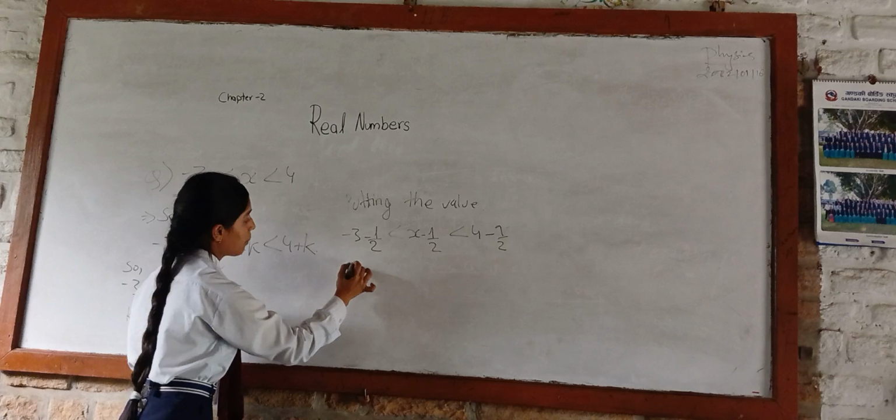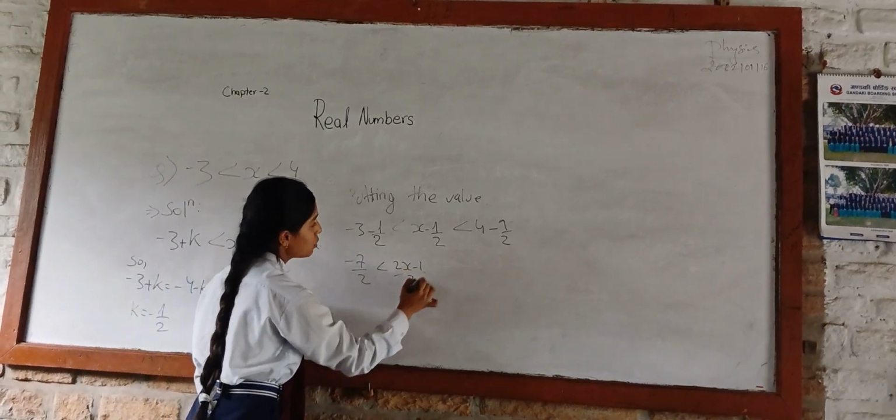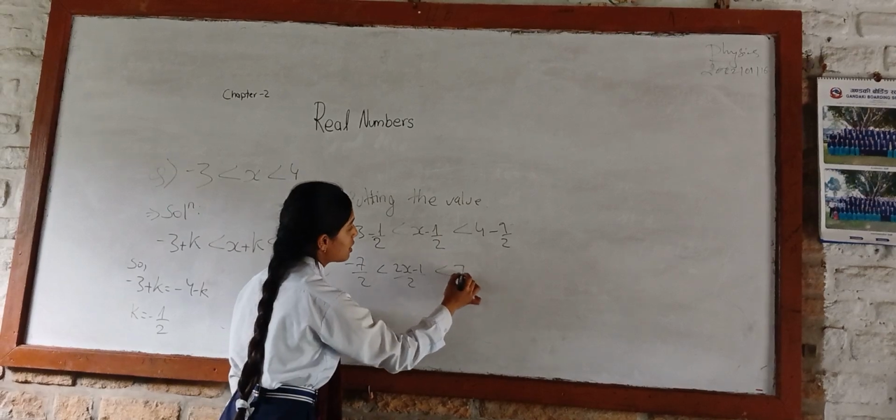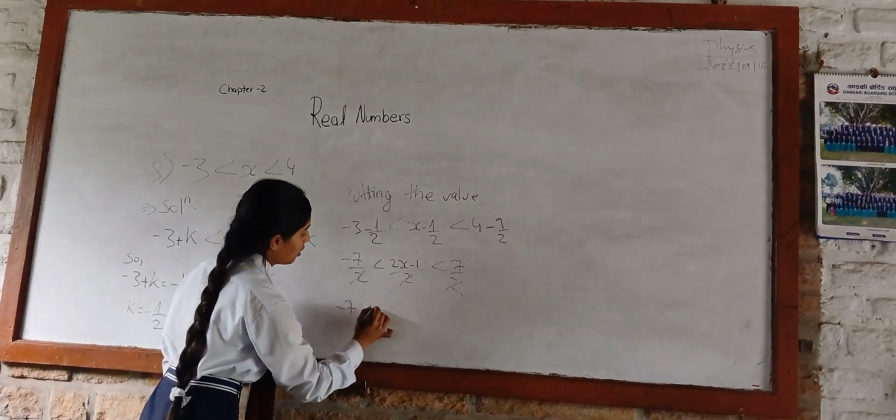On solving, minus 7 by 2, 2x minus 1 by 2, 7 by 2, it can be written as